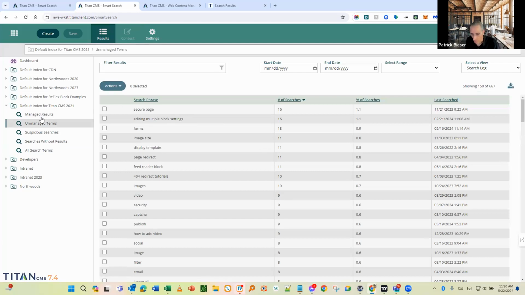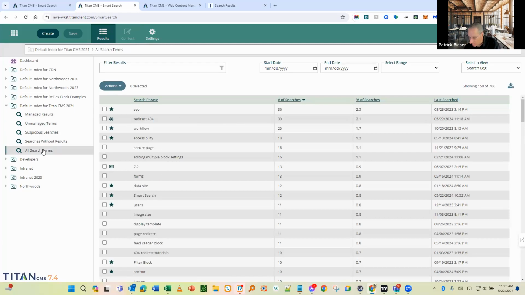All right, what else do we, as long as we're in here, Smart Search, what other things should we be showing people about? Any of those filters are good ones to talk through. I mean, all search terms, that's more of a log, right? So, and I think they're sorted. Oh, they're sorted right now by number of searches. But if you did last search,